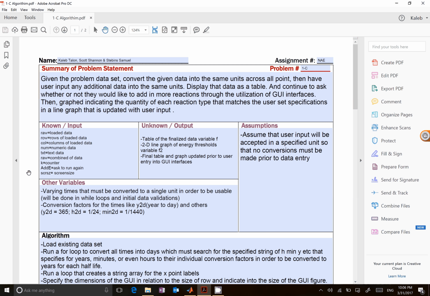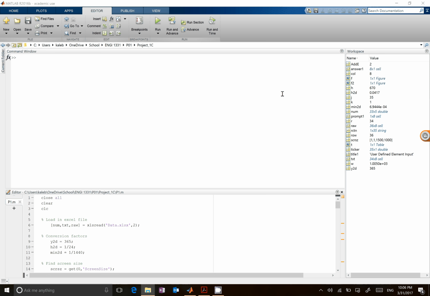We also made it to where you could add data to the table by entering in the data. You'll see in a minute that you're asked to do that, and this data is added to the cell array and also added to the graph and to the table. So let's take a look at that. I'm going to go ahead and hit run section,